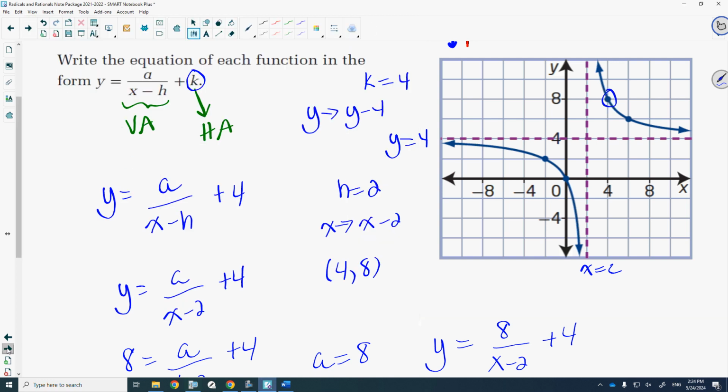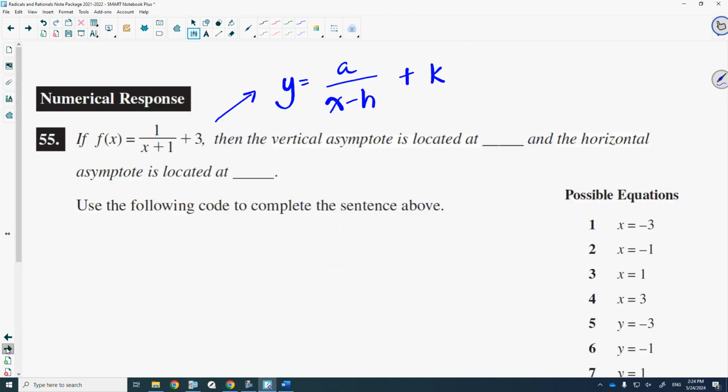Okay, let's look at a diploma question that would relate to this. They give us this function, and they're asking us where the vertical asymptote is located and the horizontal asymptote. So again, recognize that this is in this form. Our graph is going 3 units up. So remember, the original function is 1 over x. That function is going to be vertically translated 3 units up,